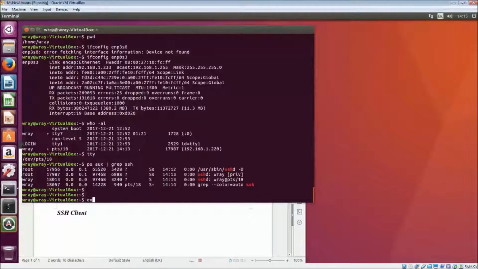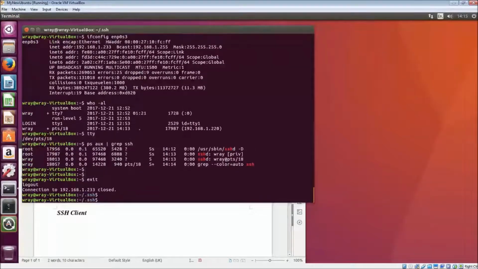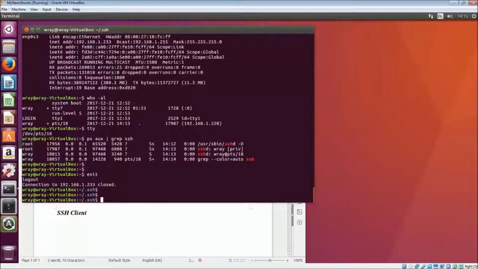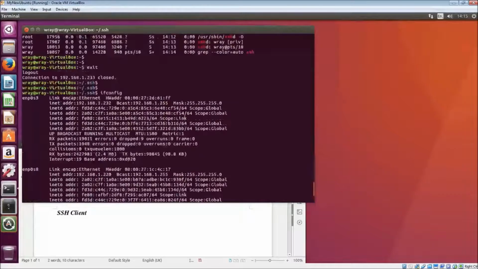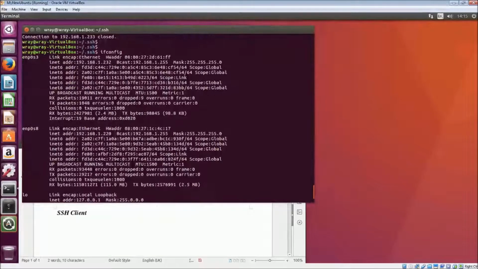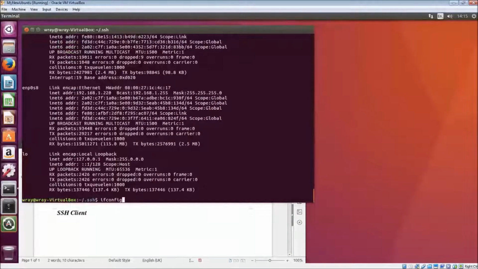So what we'll do, we'll exit out of there. Okay, we can see the connection is now closed. And again, we can do an ifconfig, and we can see that indeed we're now back to 232 as opposed to 233. So one of the things that we could also do is define, against this particular username,